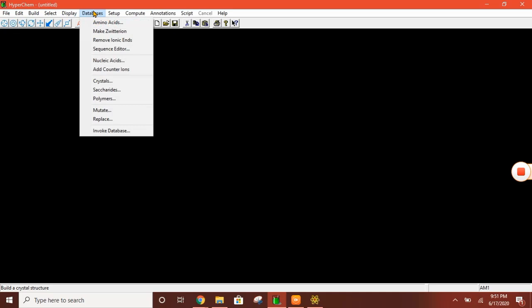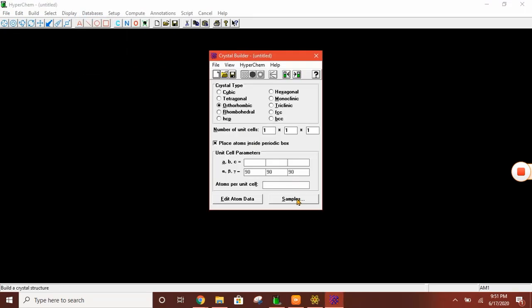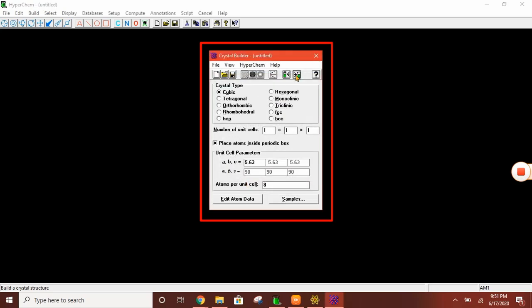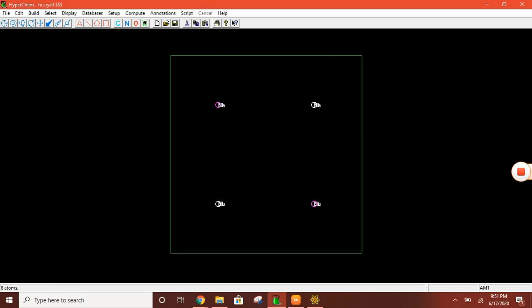Now I will teach you how to draw a crystal model. For that, select the database, then select the crystal option, click the samples, then click on NaCl or any crystal you want to draw, then click on that option. Now you have a NaCl crystal.